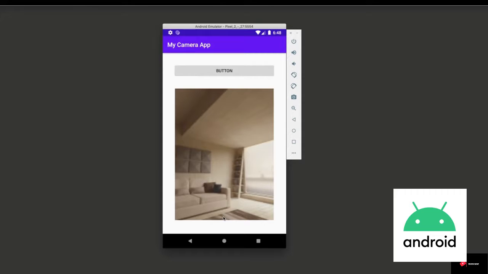Now if you notice, the image here is actually not a very high quality image. It's actually got a very blurry look. And that's simply because data is giving us the thumbnail of the image, it is not bringing the full resolution image. For the full resolution image, you should save it on your SD card and then access it. And that's something I'm going to show you in our next little